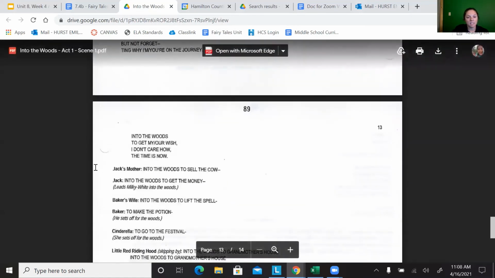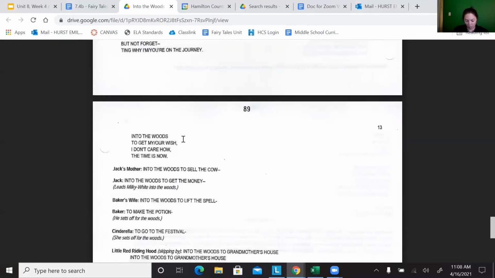My bad. It says the time is now. Into the woods without regret, the choice is made, the task is set. Into the woods, but not forgetting why. They're saying different things, on the journey into the woods to get my wish, our wish. I don't care how, the time is now. What is similar about all the characters at this point? What's different about all the characters at this point?